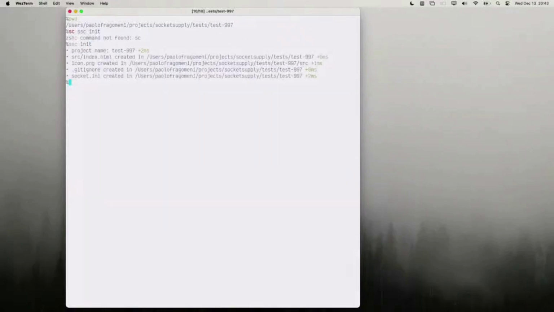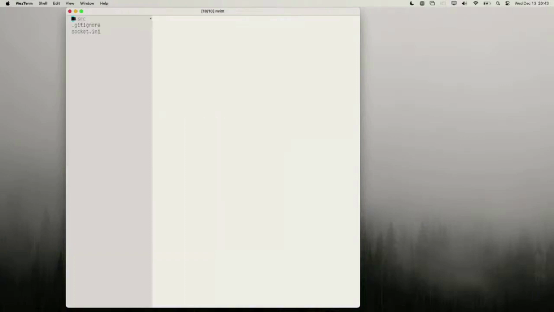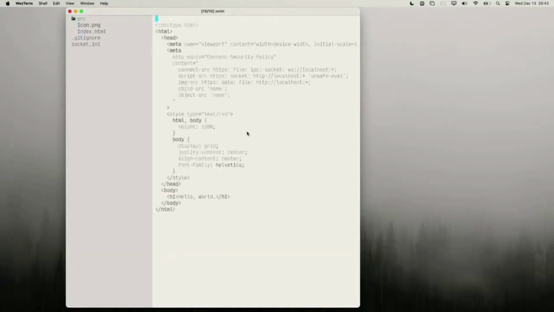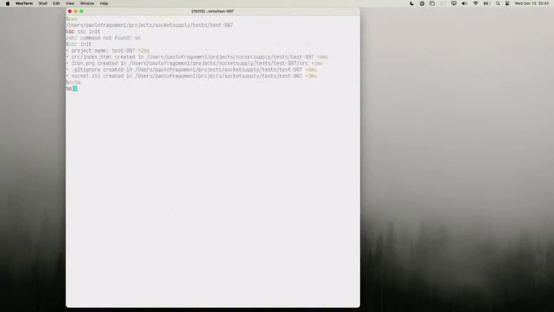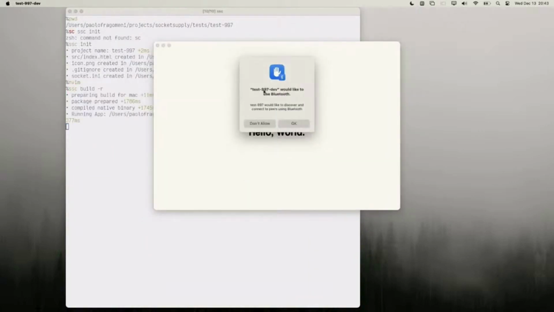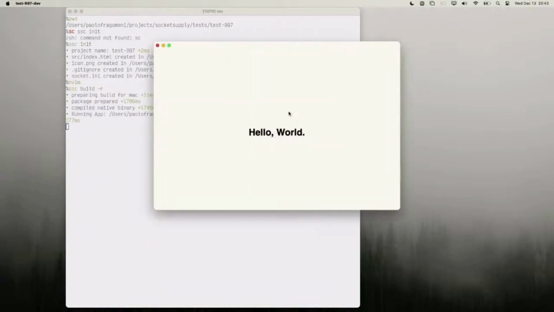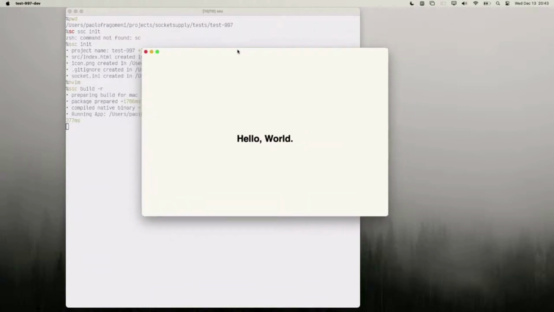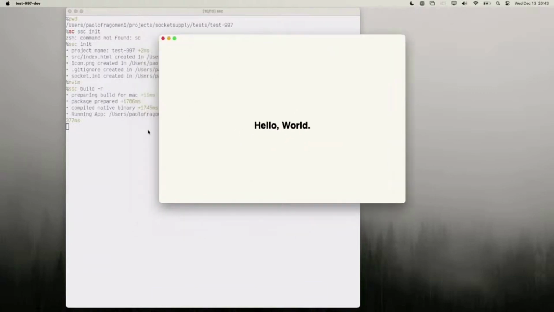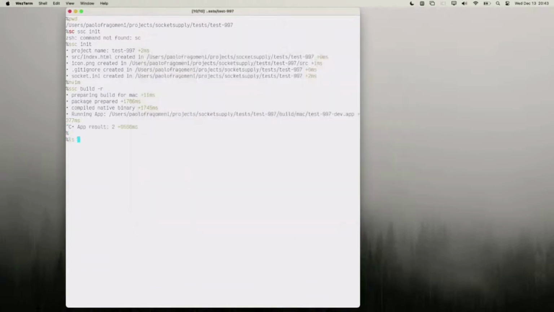It creates a little bit of boilerplate, just a little bit. So if I open up an editor and I look at what it created, that's it. Just some CSS, a little bit of HTML, and that's all. Okay, so I'm going to run this. Here we go. Okay, cool. It's saying, cool, do you want to do that? Okay, cool, we have a native app. We just built it. The upside from this is that if you look at the build artifacts that were created,